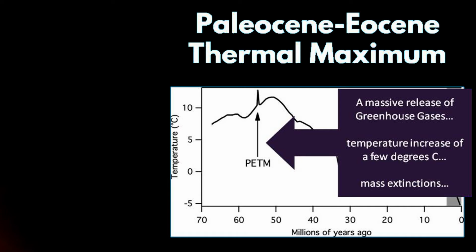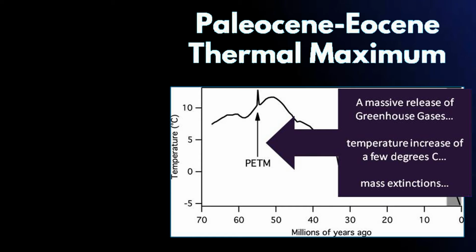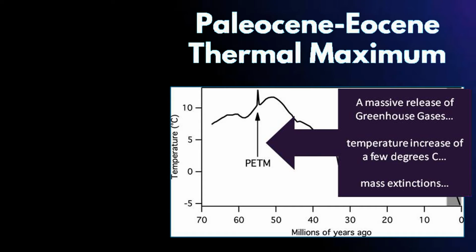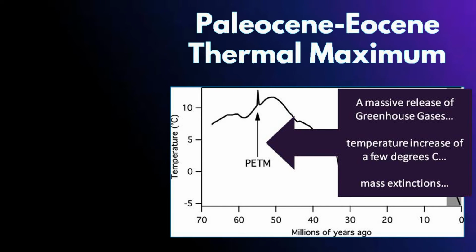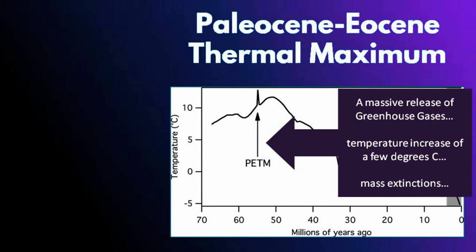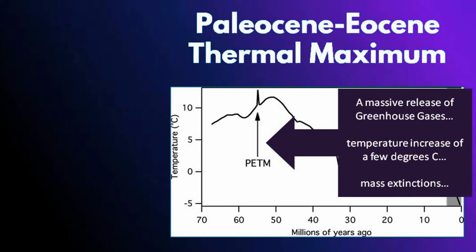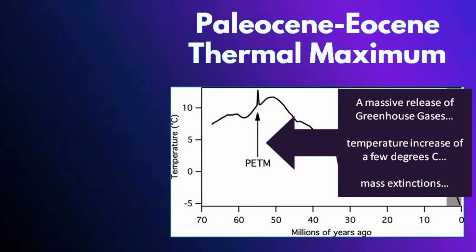We're not quite sure what happened at the PETM. It might have been volcanic. It might have been a collapse of a methane clathrate deposit. We'll talk about that at a different point in the course, as to what's going on with methane ices at the bottom of the ocean. But something happened, and enormous amounts of greenhouse gases got released into the atmosphere, and the temperature spiked. In many ways, this is the one that has climate scientists worried, because this looks like what's happening to our world, and we know that a lot of creatures didn't make it through this climate event.